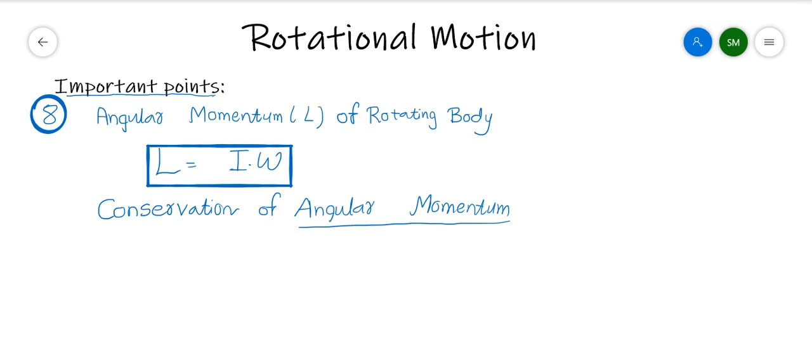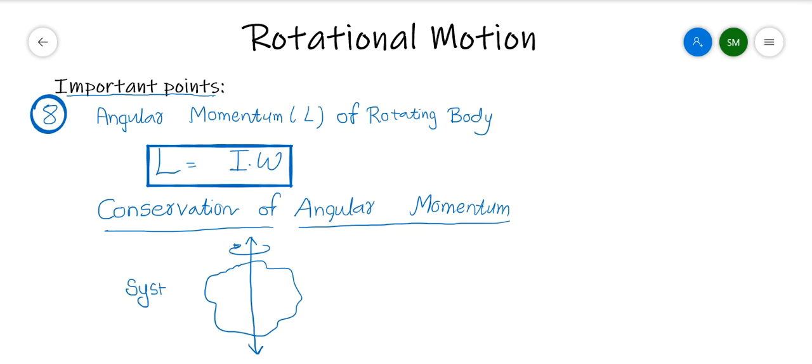Law of conservation of angular momentum. First of all I am telling you this law and then I will give you its various examples. Let's say it's any rotating body, rotating around this particular axis. We can have one body, we can have two bodies also. If you have two bodies together, they can be called a system. The angular momentum of the system I am denoting by L system, which is given by I of the system into omega of the system.